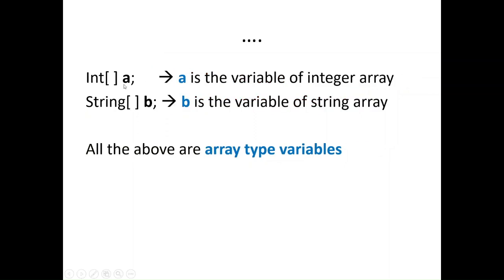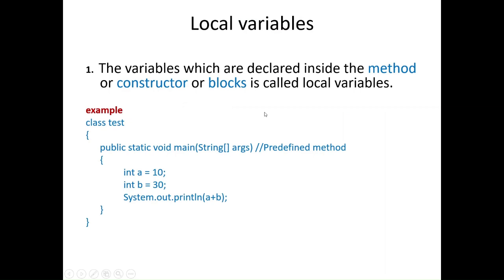You can also create an array, like an integer array or a string array. The name of the variable is A, the name of the variable is B. These are called array type variables. That is also common in Java. So these are all the different ways to declare a variable. Now, when I talk about the different types of variables, like local variable, instance variable, and static variable,